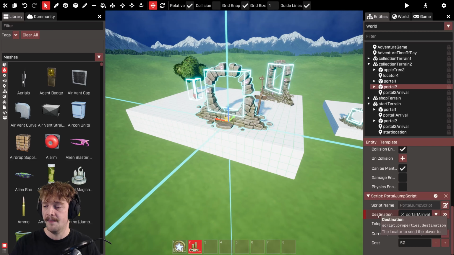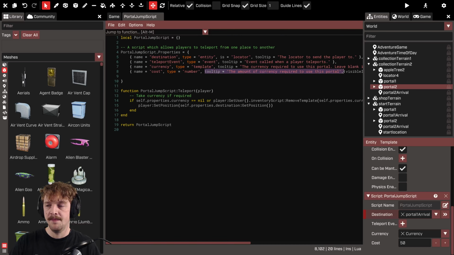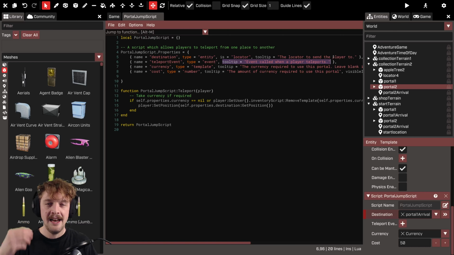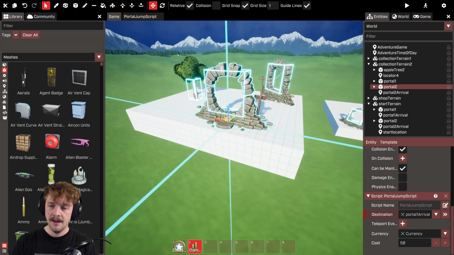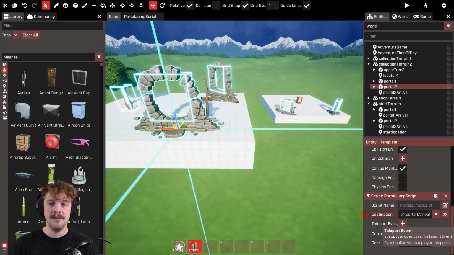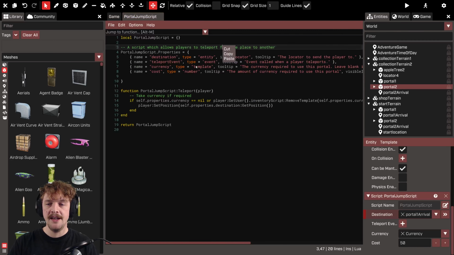out what things do. And we just set that by, if I open the portal jump script, going to full screen that, changing this tooltip here. So you can see I've set the tooltip attribute of all of these properties. All I'm doing is giving that little bit of extra information that someone can get at a glance without having to dive into the code, or if they're using basic mode, they might not even be able to do that. So once you've done some tooltips, if you do have any custom scripts, I would also urge you to